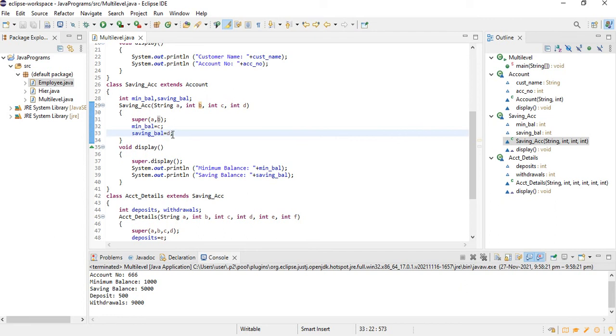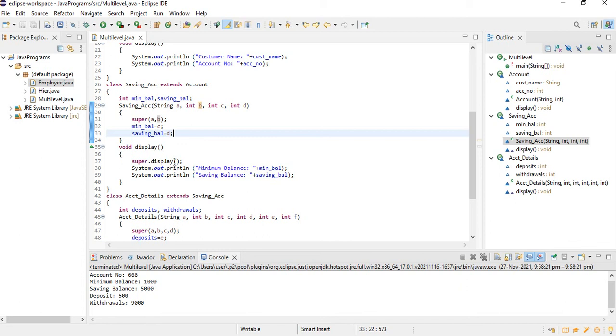After that, in this class I also have one method, void display. You can observe that I had the same method in my grandparent class. Because of that, here I am calling the super.display method. When I call the super keyword, it will call the methods of my super class.